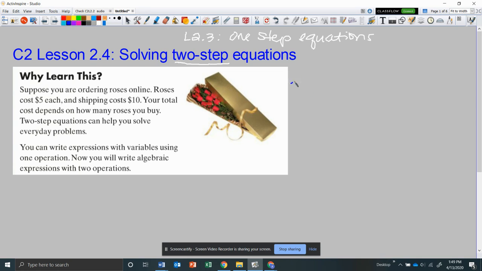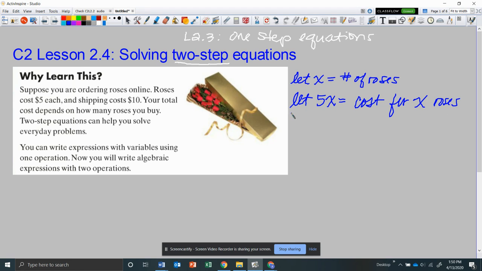So here's where I usually like to define a variable. And let's let x equal the number of roses. And then we could say they're $5 each. So 5x would be the cost for x roses. And then we already know that $10 is the shipping fee. So we could now represent this expression as 5x is the cost of the roses plus the shipping fee